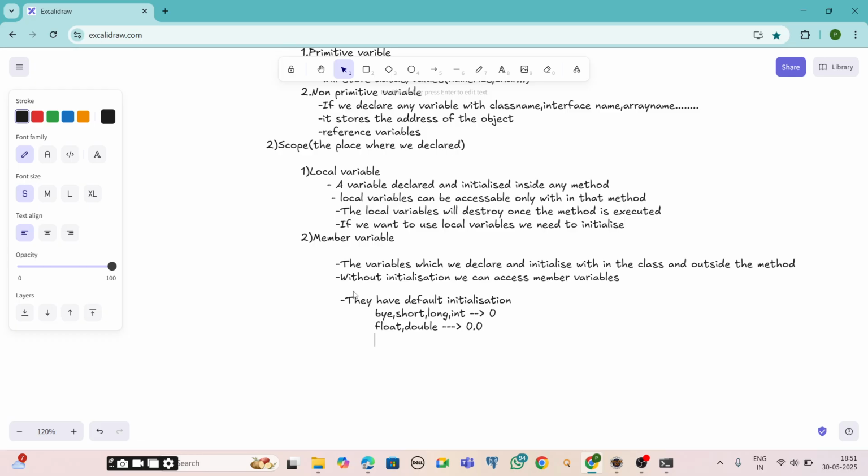A char will store a space, and a boolean will by default store false. These are the default initializations done by the constructor for member variables.